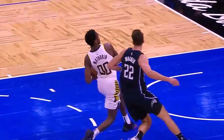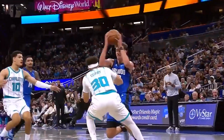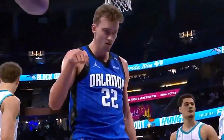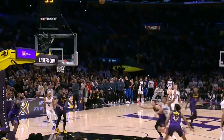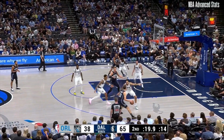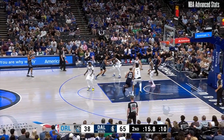After Paolo Banchero went down with an injury, many people assumed the Orlando Magic would quickly fall in the Eastern Conference standings, but that couldn't be further from the case, where the Magic right now have the third best record in the East. And one of the biggest factors of this team's success has been the offensive play of Franz Wagner. Now, standing at 6'10" with a 7-foot wingspan, Franz has one of the most versatile and unique set of